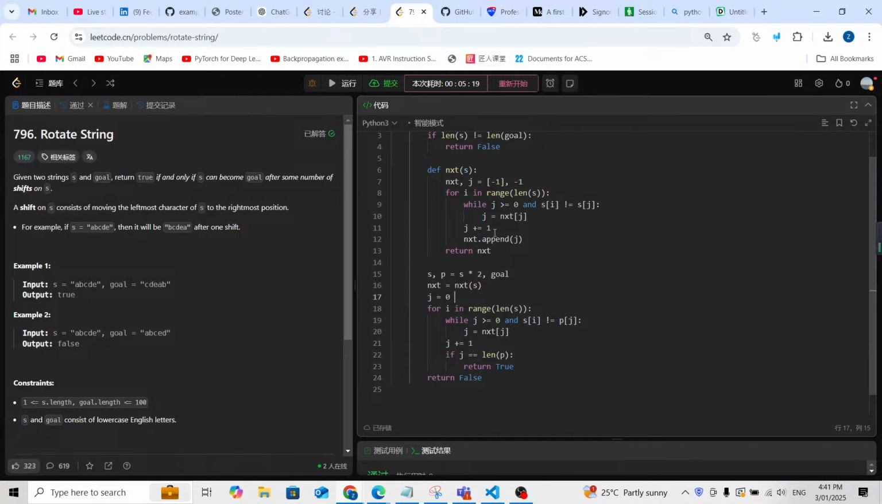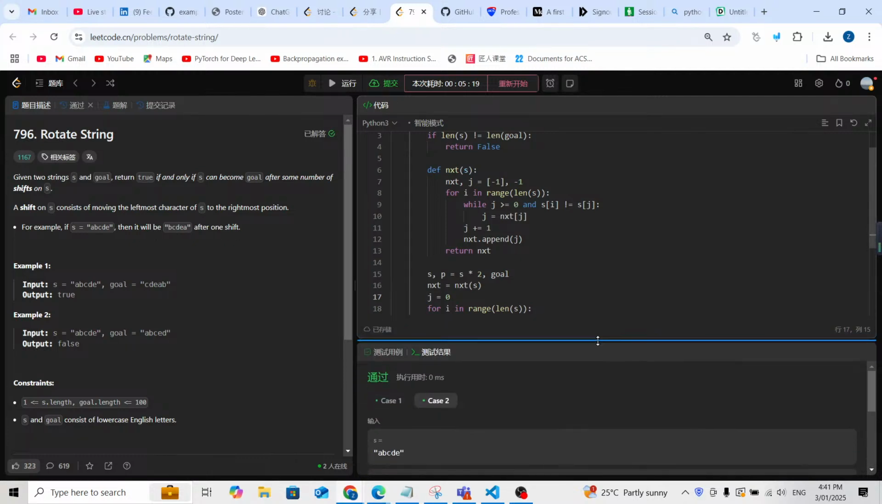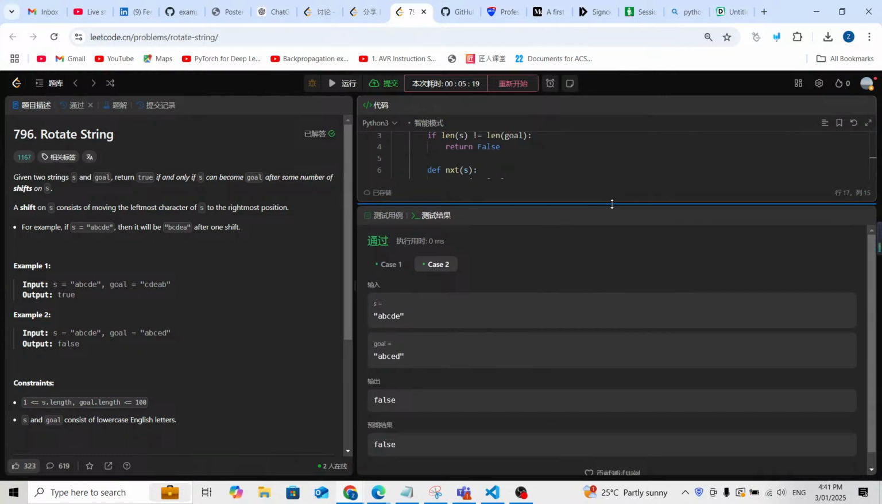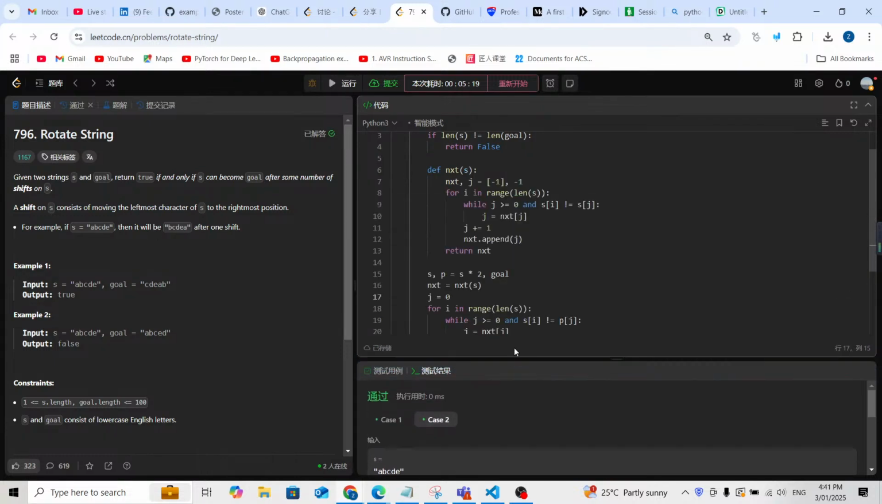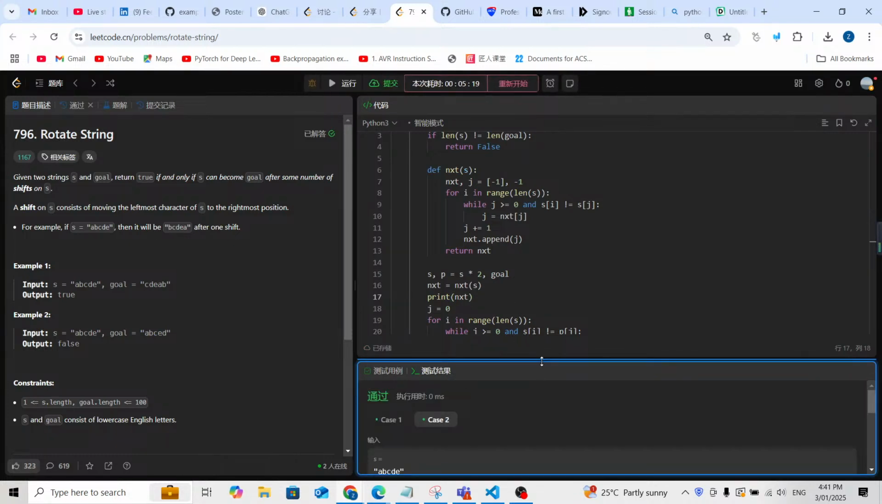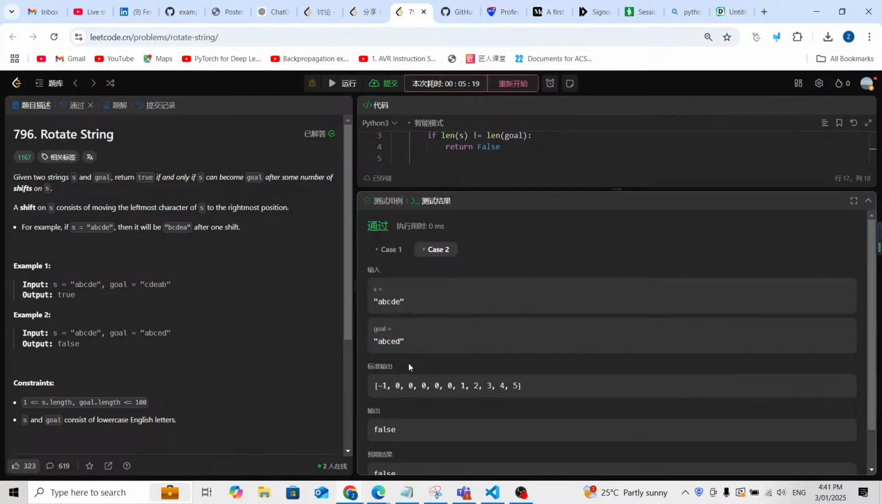Maybe I can use some examples to explain the next table. So here currently we have this pattern, ABCDE. So what is it gonna look like? Let me just print it out. What it's gonna look like for the next table. Yeah, let me print out the next. So as we can see from here,